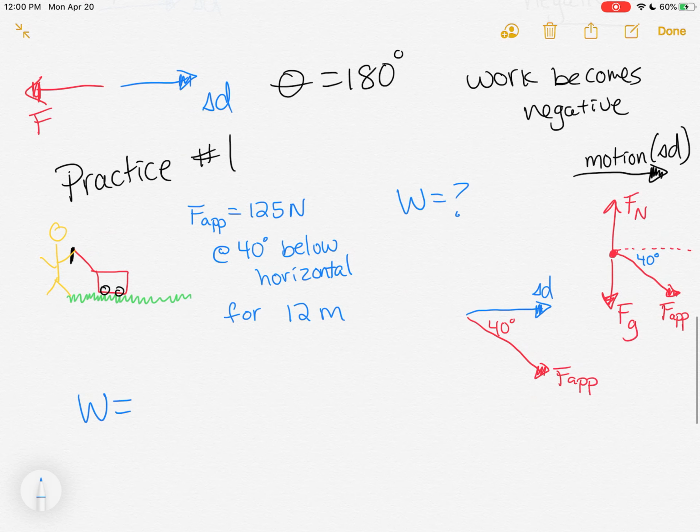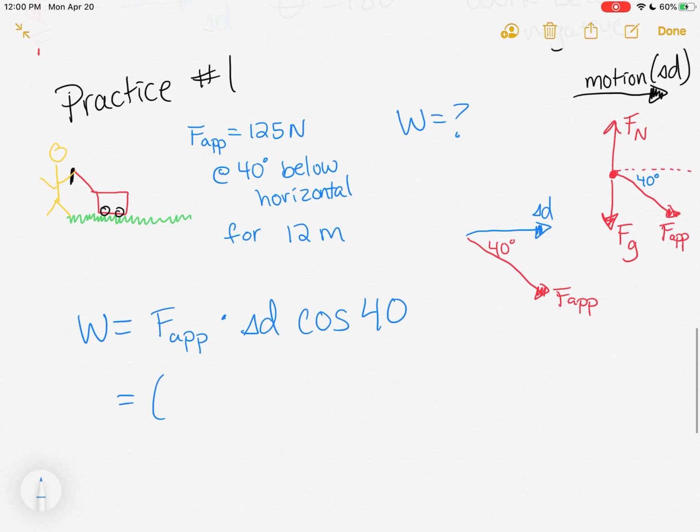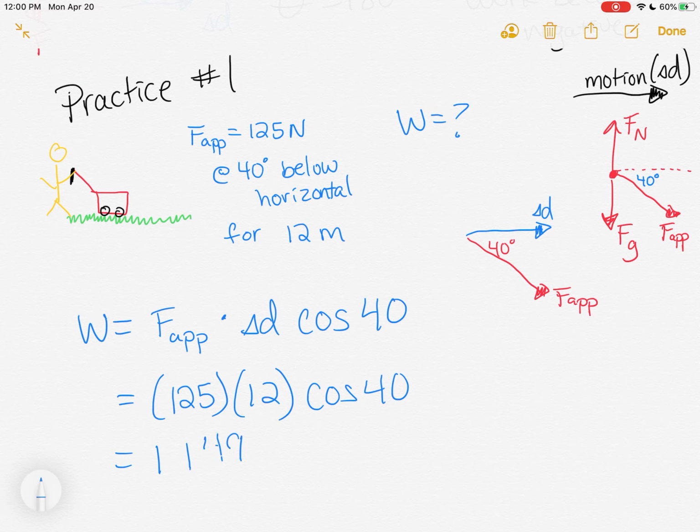So to calculate my work, I'm going to do my applied force times my displacement times cos of 40 degrees in this case. So my applied force was 125 newtons. My displacement is 12 meters. And then I'm timesing that by cos of 40. So then I'm just going to do the math. And I should get, let's see, 1,149